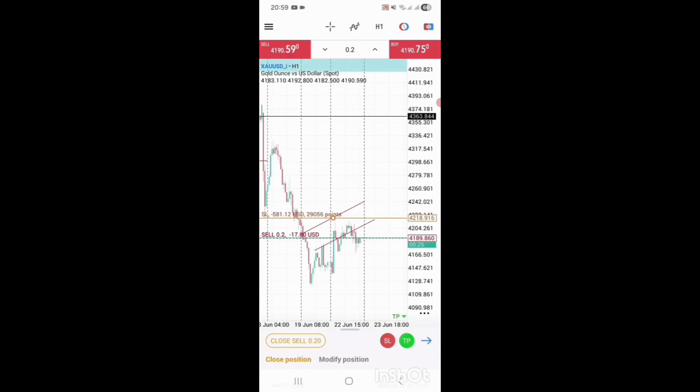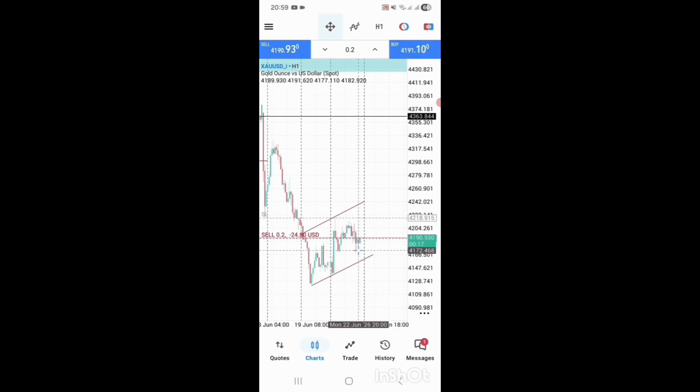And then not only from that pattern, remember that support and resistance I told you about, this one here. Let's just wait and see. It could either do this somewhere here, take out this high, retrace, go up, or it will just go down, break, retest, and go more down. Let's wait and see.